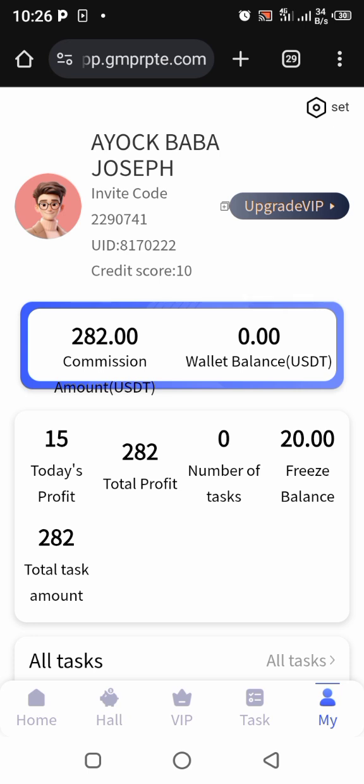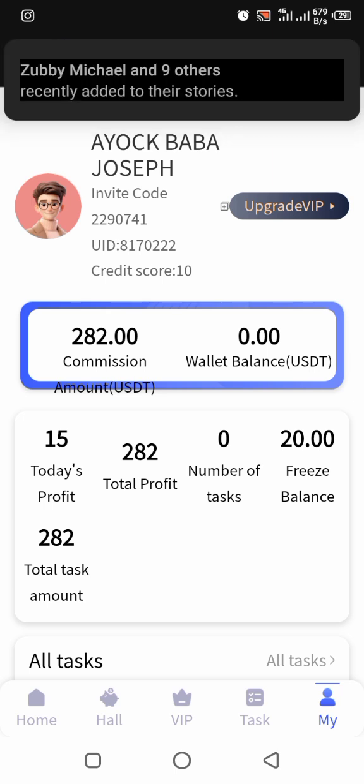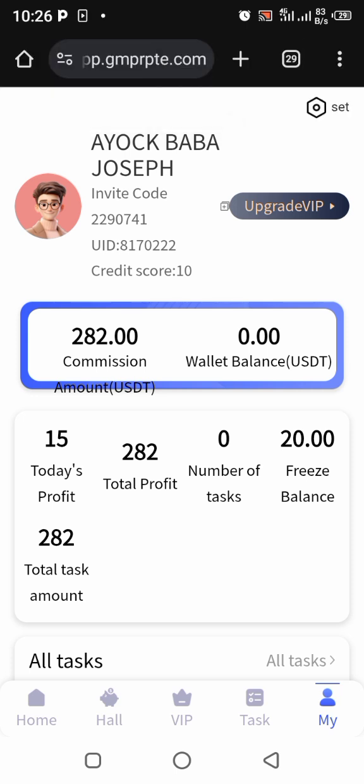See, once you reach 10 friends that you invite, you will not need to reach the 200 USDT before you withdraw. Any amount you can withdraw, any amount. So once you reach it, they will upgrade you to level 1. So in that level 1, you can withdraw in any amount. So before you withdraw, once you reach the 200 USDT and invite the 10 friends,